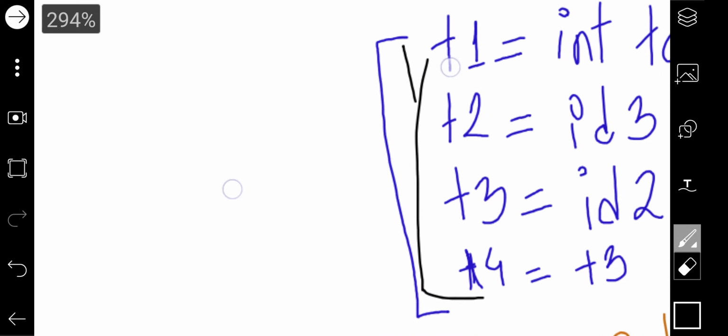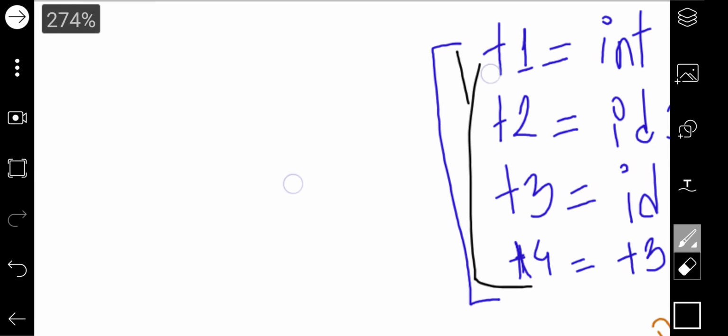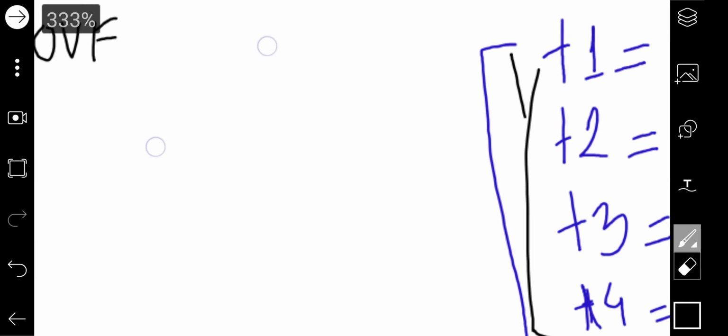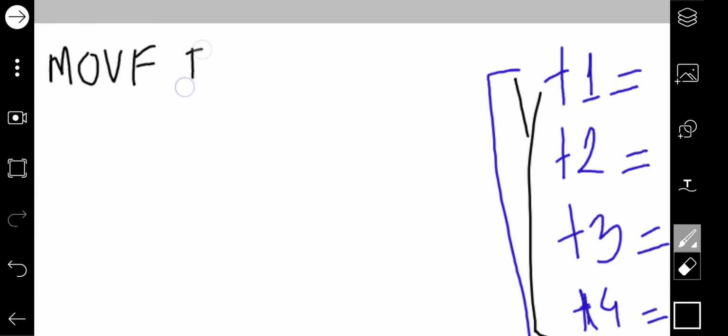Now ID3 will be loaded, so I'll be writing the code MOV ID3 to R2. So what is happening here, I am taking the ID3, then I'm moving it into the register 2, R2.